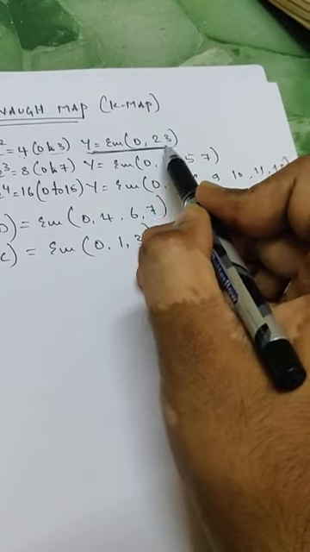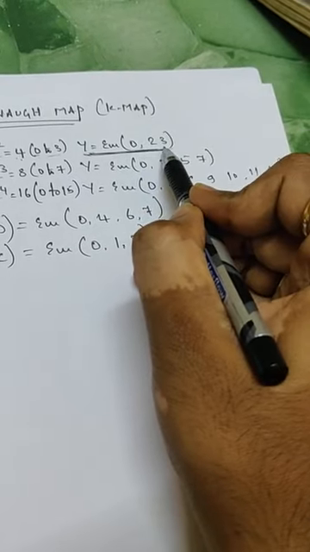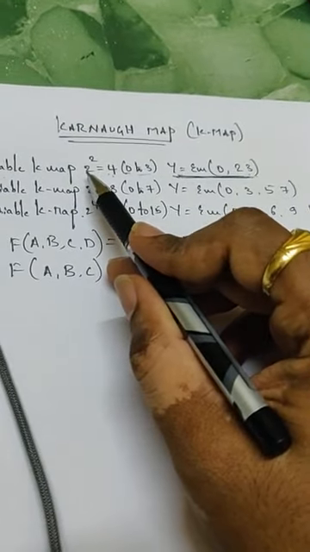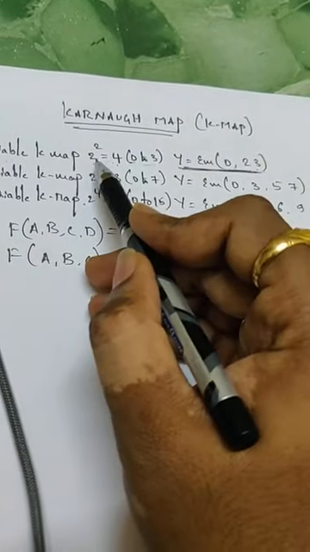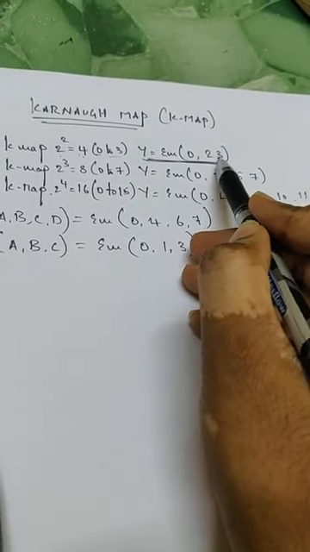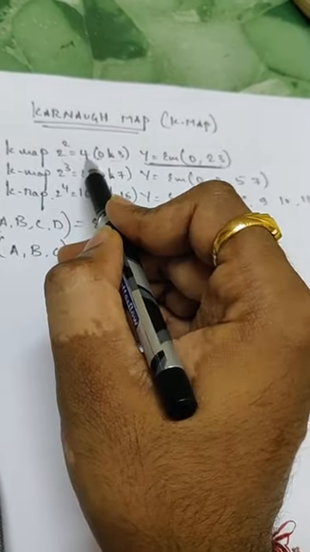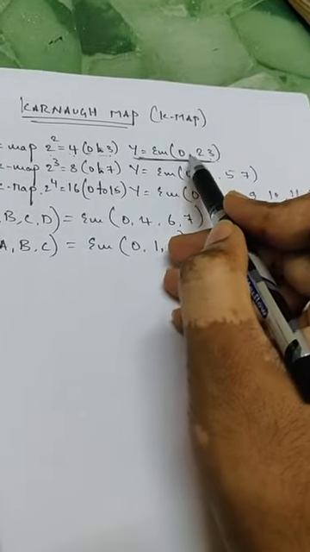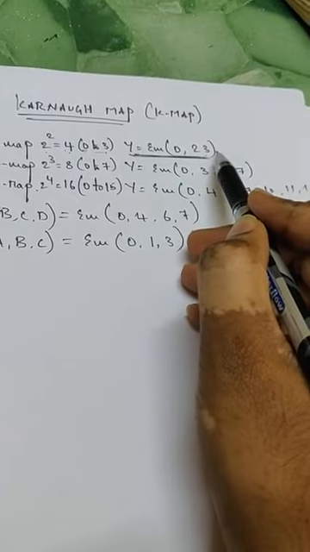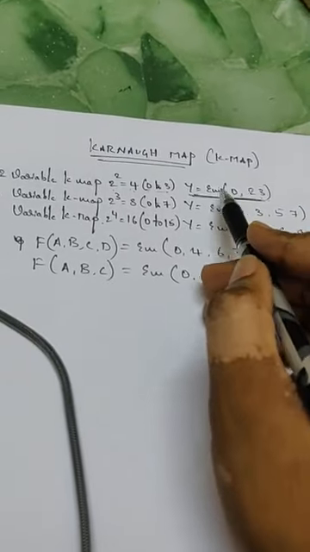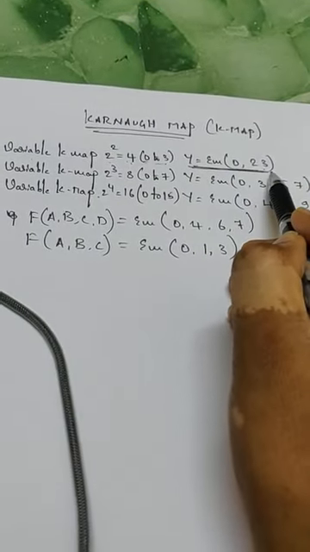If all the numbers within the bracket are less than or equal to 3, then I can tell it's a two variable K-map, because in a two variable K-map the maximum number that can lie within the bracket is 3. 2 to the power of 2 is 4, so it starts from 0 to 3, and you can expect numbers like 0, 1, 2, 3. Only the 4 numbers you can expect. If you find only those numbers, then I can tell this is a two variable K-map.